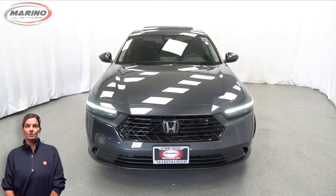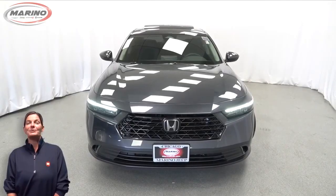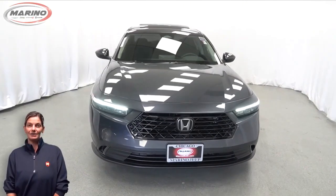Have you been searching for the perfect sedan with safety and reliability without breaking the bank? We'll take a look at this 2023 Honda Accord EX